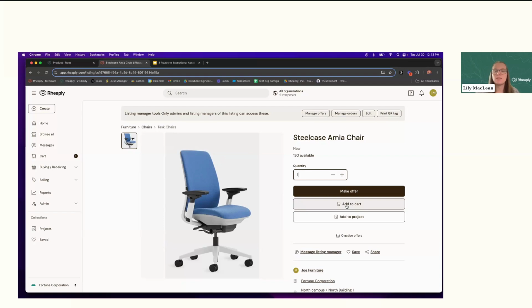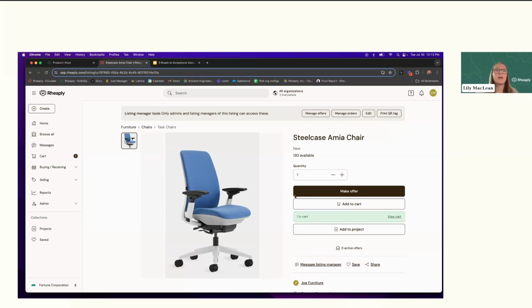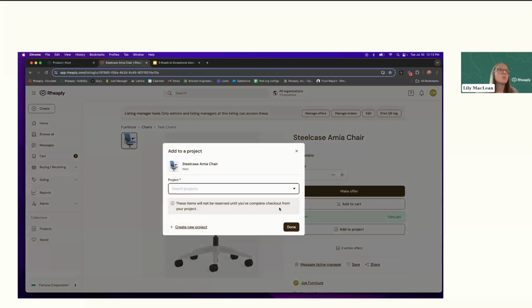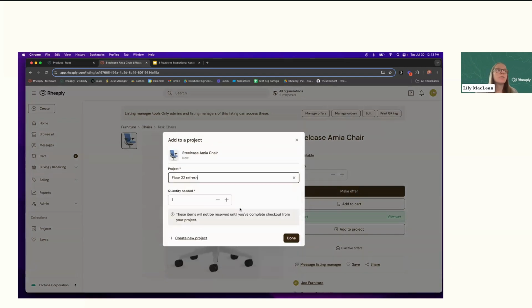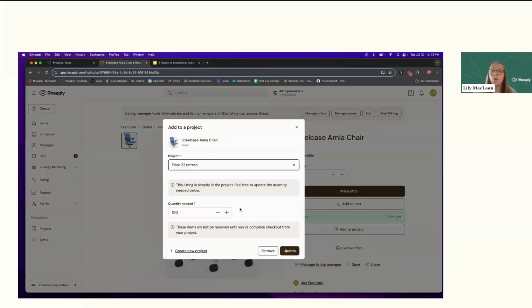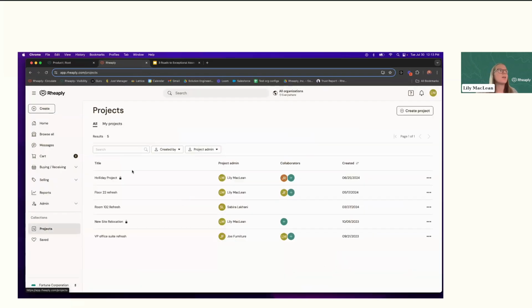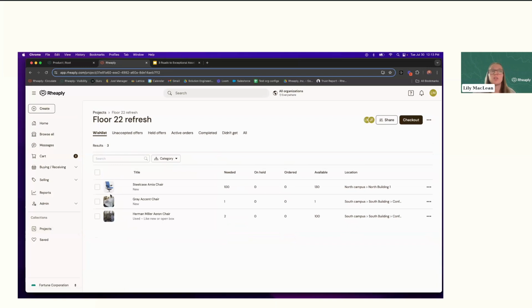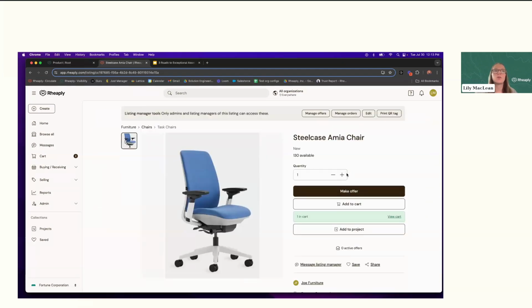So I can come in and I can add this to my cart and then I can continue shopping. Or I can add this to my project. So I can come in here and I can say, maybe we have a refresh project within our organization and we actually need 20 of these or 100 of these. And I'm going to add it to this project. And that way, others can collaborate with me on the design that we might need for this project. So I could add Zolo to this project and we can look at this refresh we're doing and what we are trying to procure internally first before buying new. But either way, we come in and we can make an offer for the quantity that's available.